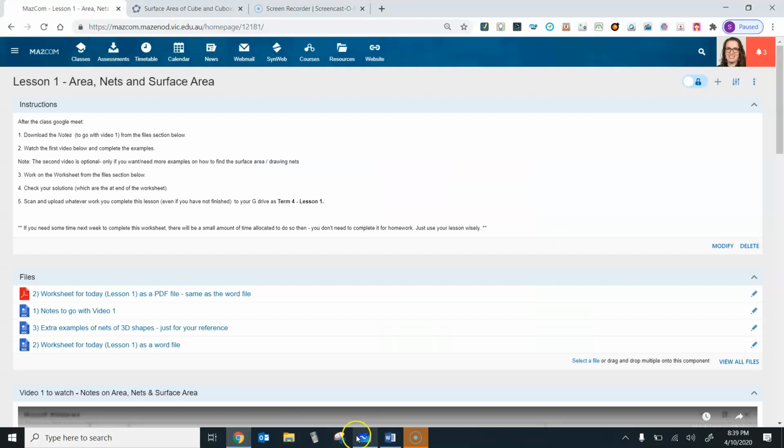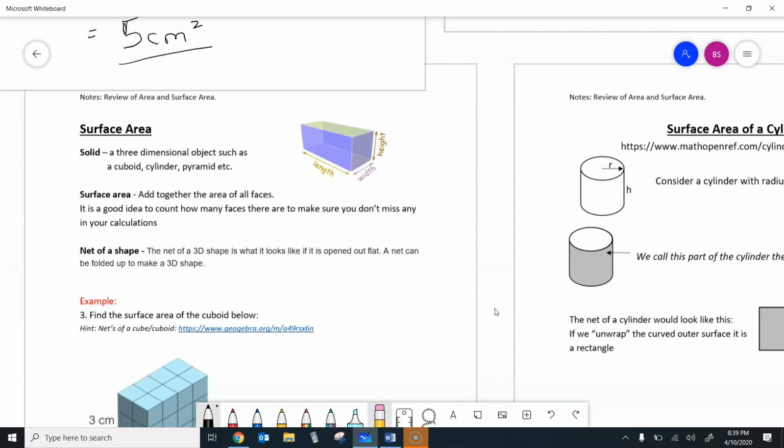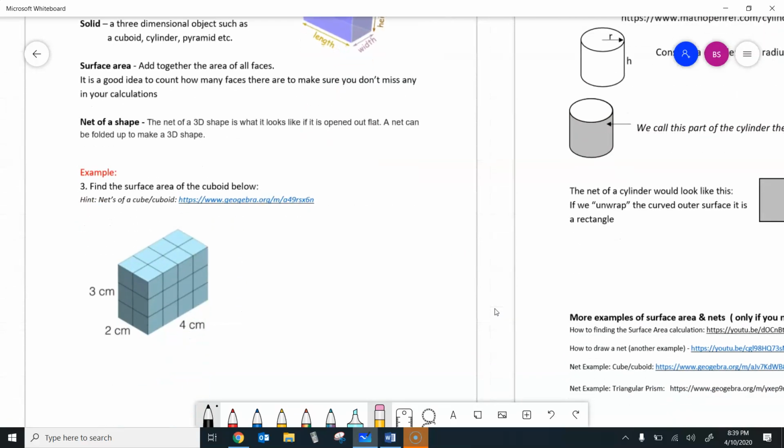Okay, so let's go back to this question here. This example says find the surface area of the cuboid below. So this cuboid, what can we see? Now, when we're trying to find surface area,